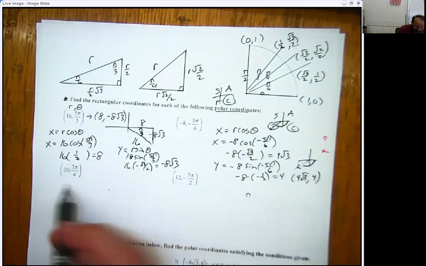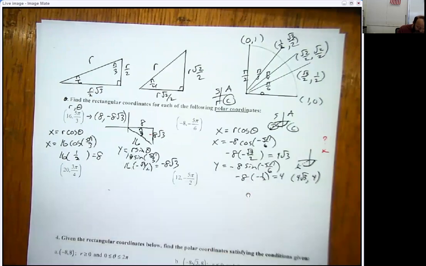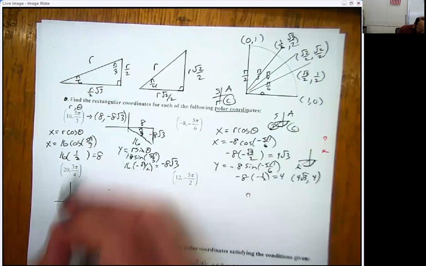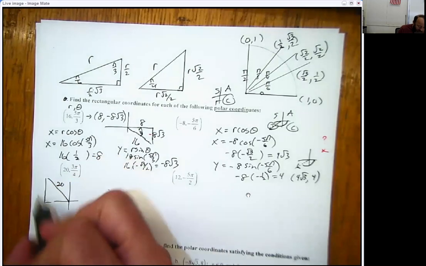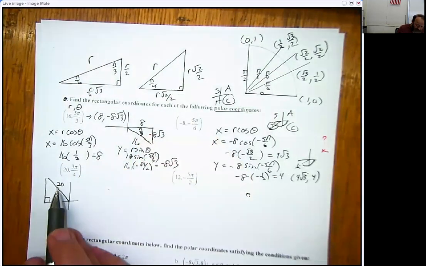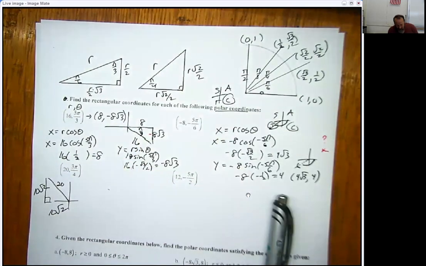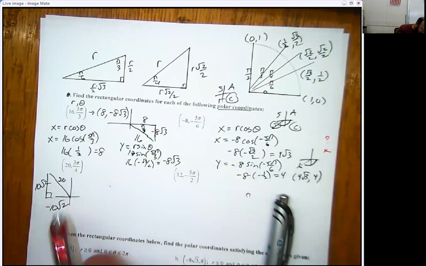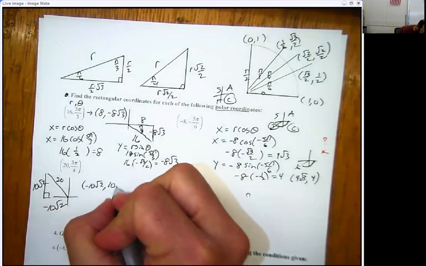Now, same idea here. We could do it one of two ways. We could either use a triangle, or we could use purely equations. I personally am kind of a fan of using triangles. So 3 pi over 4 out 20. We should know that in these special right triangles like this one, in the 45, 45, 90 case, you cut it in half and then tack on a root 2. And then you stop and think, hey, does anybody need to be negative? I know up is positive, down is negative. I don't have that. Right is positive, but left is negative. So it looks to me like this would be to the left 10 roots of 2